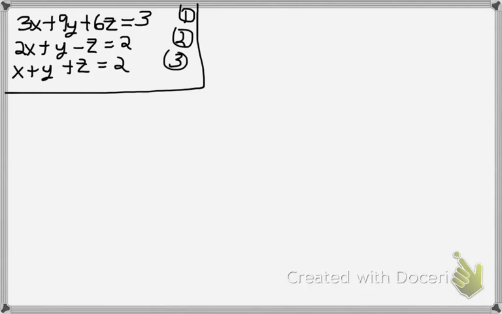So I look at the x's, they're all positives. I look at the y's, they're all positives. But I do look at the z's. There's a positive z and a negative z in equations 2 and 3. So I think what I want to do is go ahead and add those two, and that's what we're going to do first, is we're going to take equations 2 and 3, and we're going to go ahead and add them